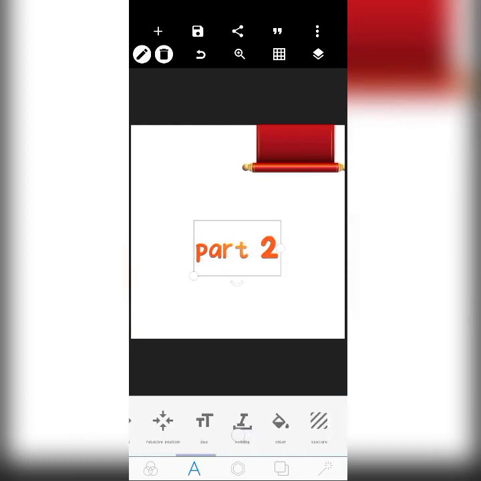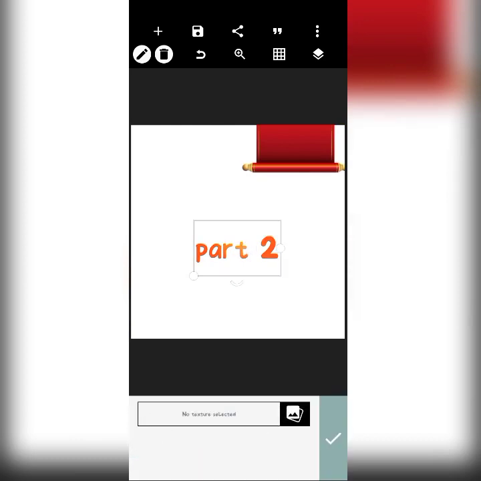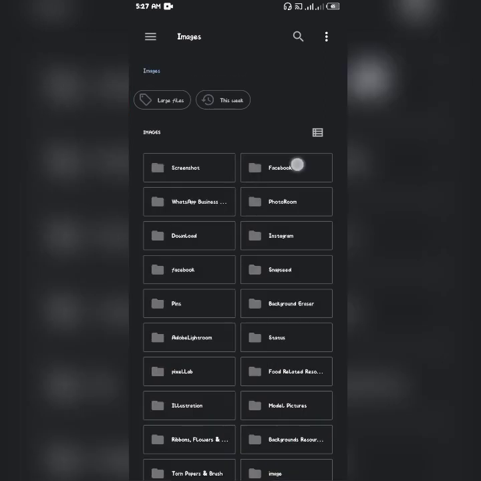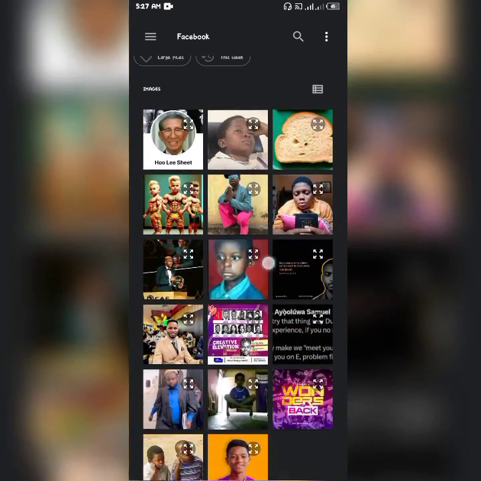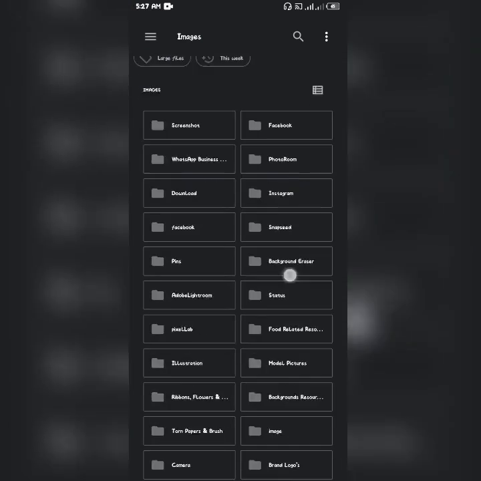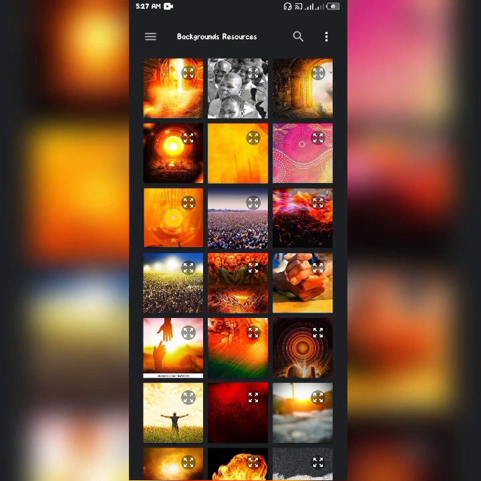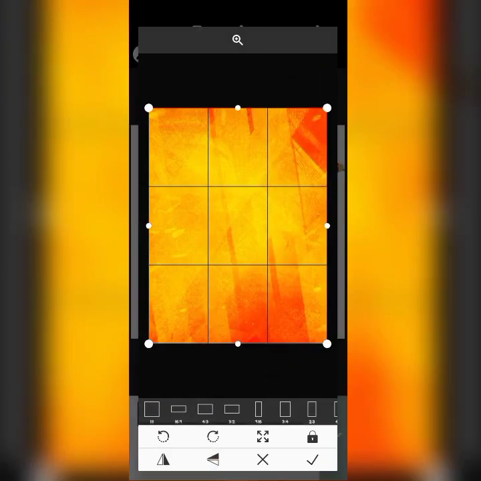So if you click on it, let me just go over and bring in something to emphasize the point. Let me just go over to Facebook, and let me look for a picture that we can use. Let me just bring in a background. So let me use this. Okay, and working with this, also with this, if you want to bring in any picture, this will give